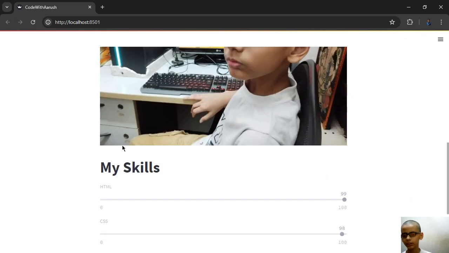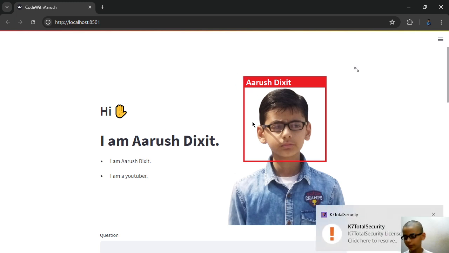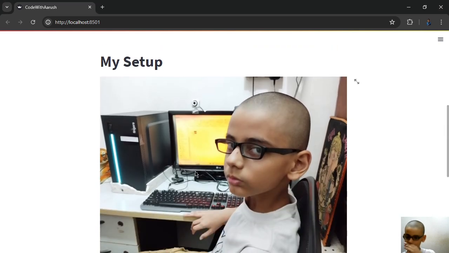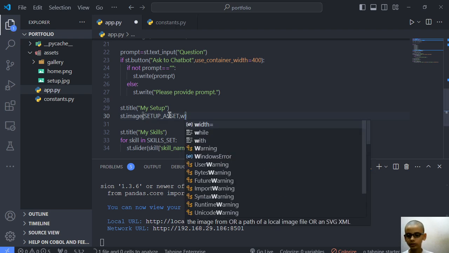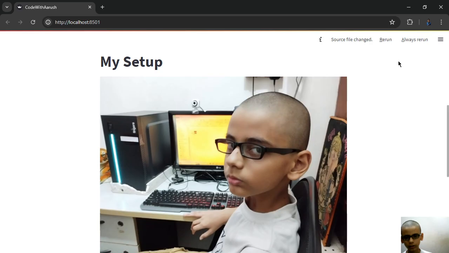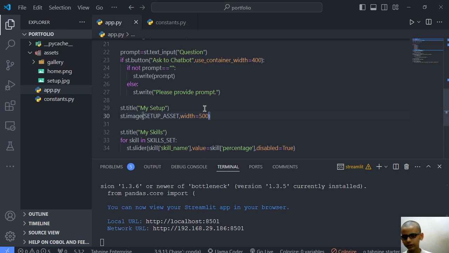Now we get it, now we have it, and I have just done a simple change for a simple mechanics of computer vision. So like this, now we get it like this. So let's change its width to 500. Let's see how much it will be. It is a bit small,